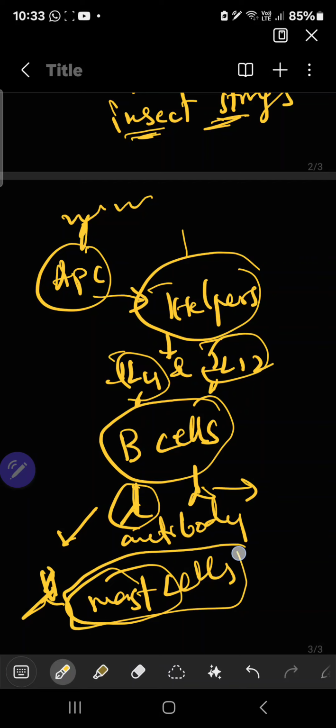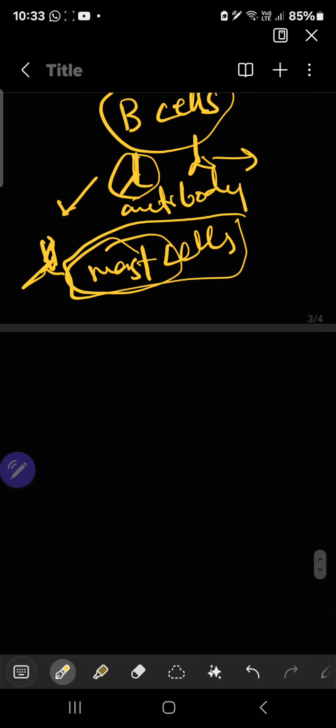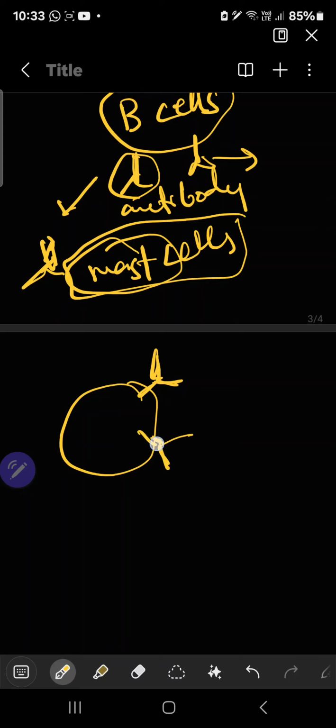These are the main cells which play a major role in anaphylactic reaction. Suppose this is a mast cell and there is IgE. On further exposure to the allergen, the allergen attaches to this antibody, and then immediately